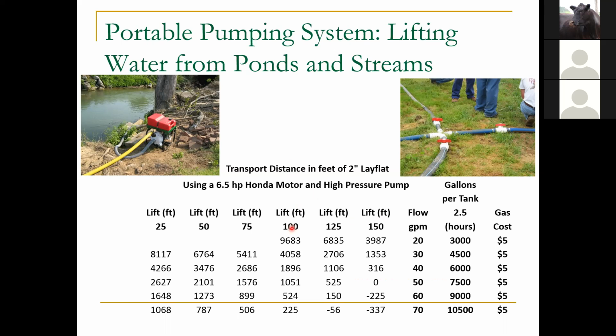Well, with this pumping system and 100 feet of lift, and if you wanted to move just 20 gallons per minute, you could get close to 2 miles of length of pipe and deliver water at 20 gallons per minute, which is, you could deliver 3,000 gallons in about 2.5 hours at about $5 worth of gas. So you can move a lot of water cheaply in a short time with a system like this. In fact, you might want to think about sharing this with other people, because you could spend a day filling a pond and get a lot of water in there and store it for maybe a week or several days, and then somebody else could use it and you can move on from that. But anyway,